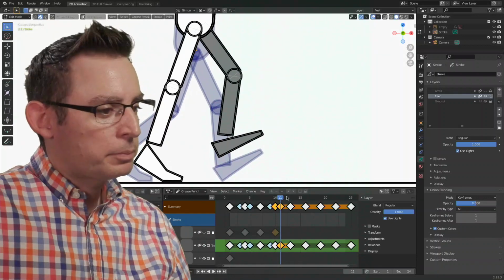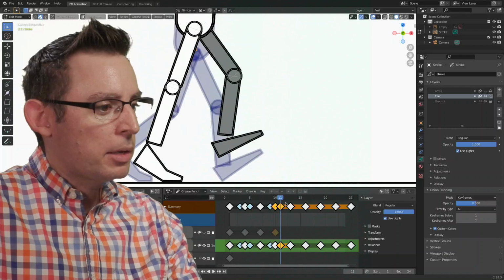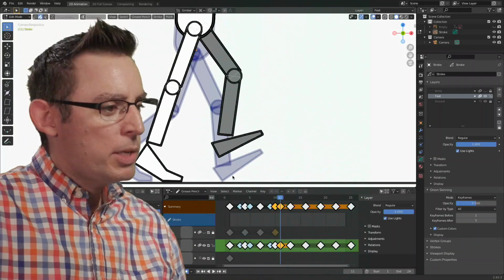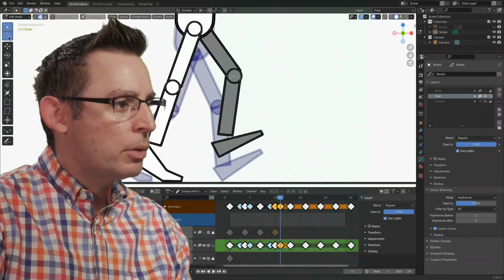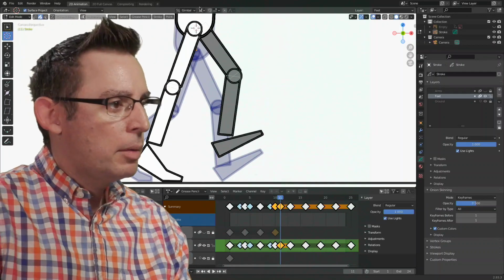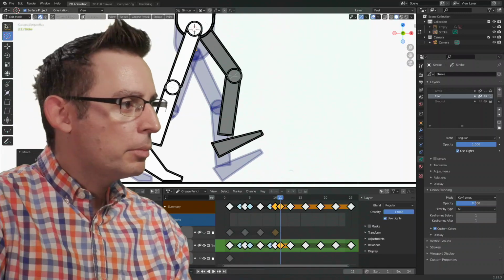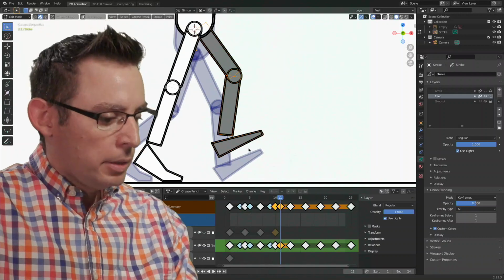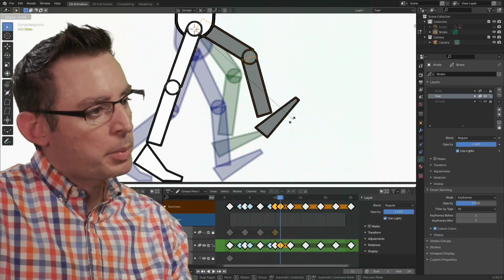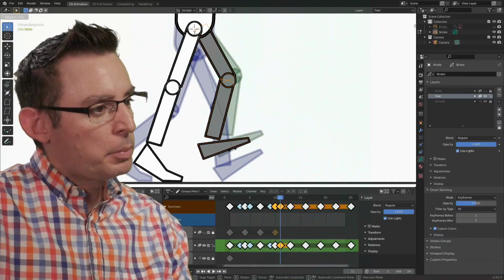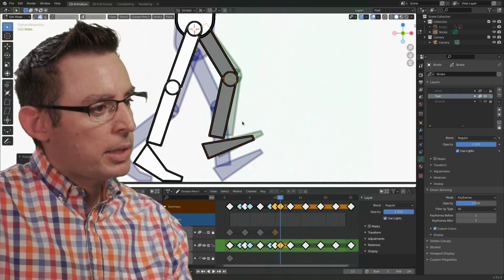So now I need to figure out how I want my knee to be on frame 11. And it's going down over here. So let's do this. I'm going to use my 3D cursor. There we go. Back to box select. Use the rotation command here. And it's going down in this particular moment, right? Remember, the blue is the future. So let's just have the spacing be like that. There we go.